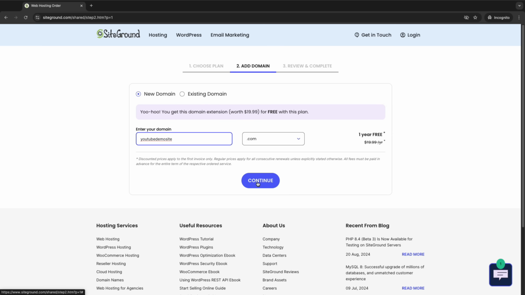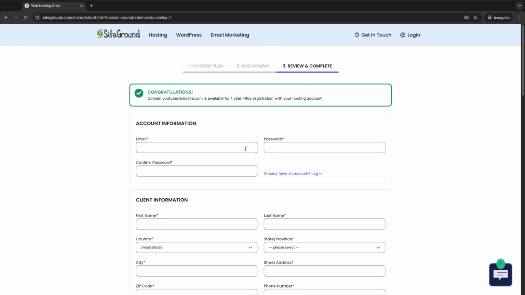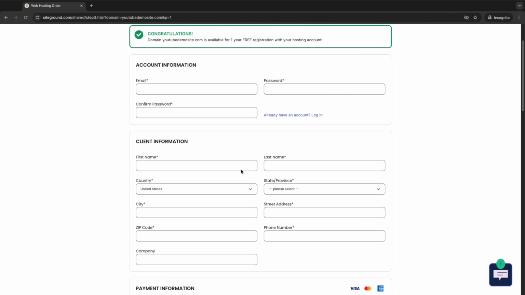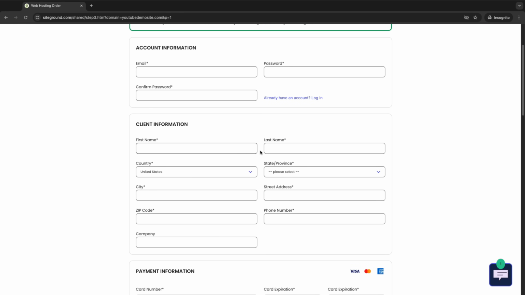Once we're done with that, we're going to hit Continue, and that will take us to the page to set up our account information. This information is what we're going to use to log in to the platform. After that, we will fill our personal details in, like our name, address, and all that jazz. As we scroll further, we will put our payment information in, and it will show us a few extra services/features